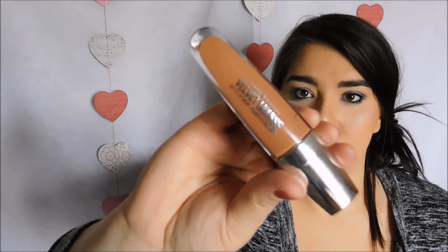Going with the Velvet Mousse lip color. This is from Hard Candy. I have never really used anything from Hard Candy except for their Glamouflage sealer, but I really like this. It's really nice and matte. This one is in the shade